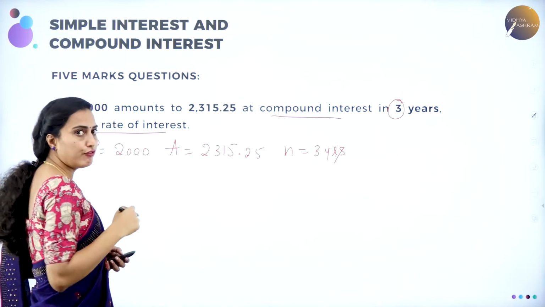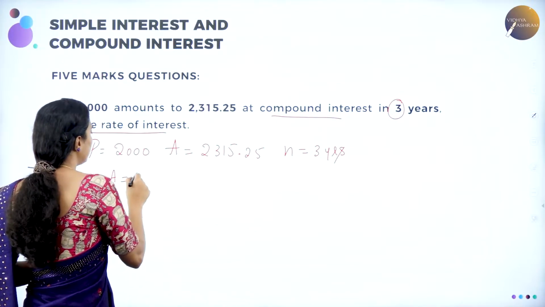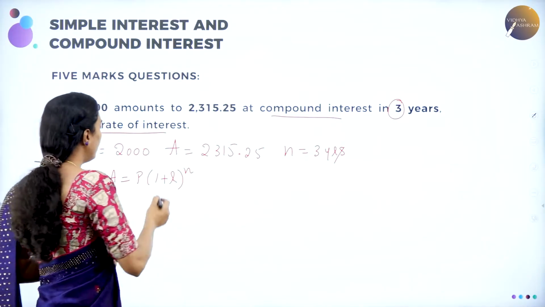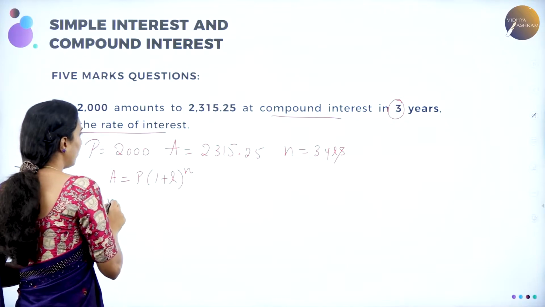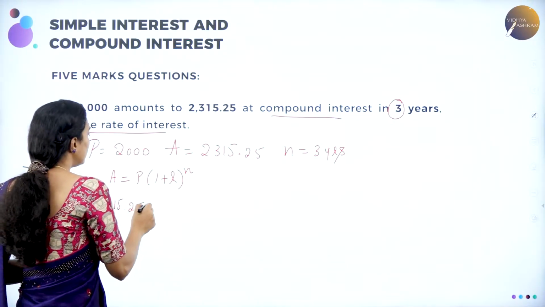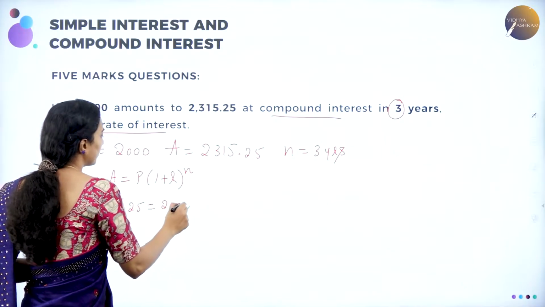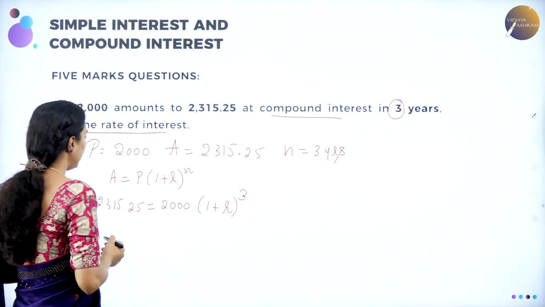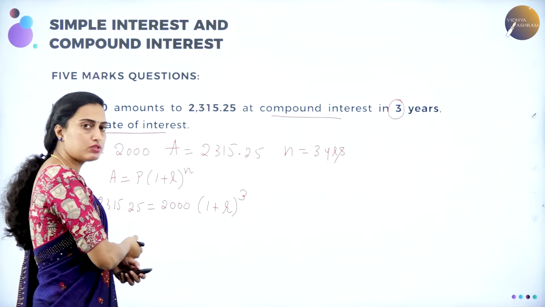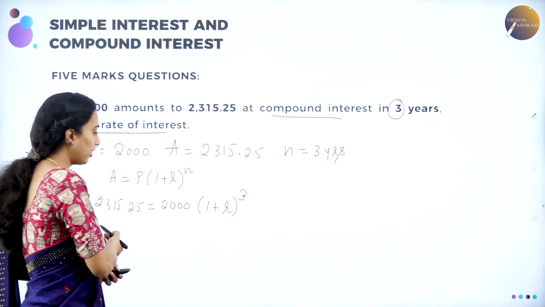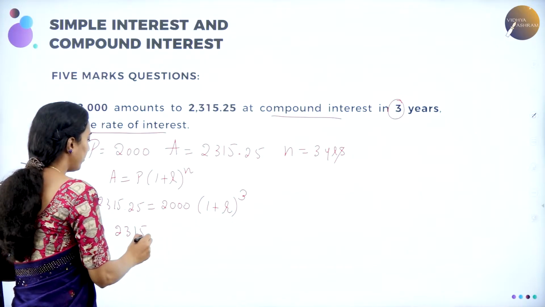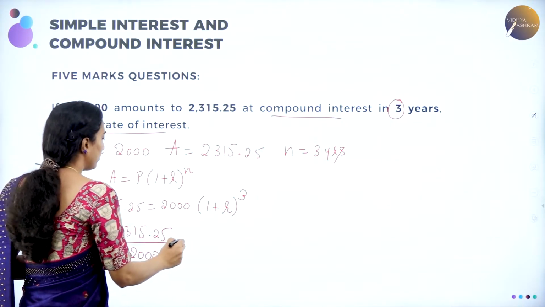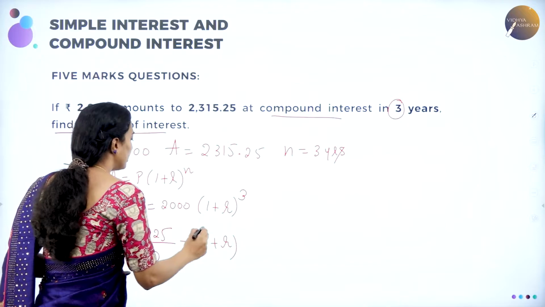Therefore, using the same formula, A will be equal to P into 1 plus r whole to the power of n. Now, you know already P is nothing but 2000, and A is 2315.25, which is equal to 2000 into 1 plus r, we don't know as it is. n is nothing but 3 years they have given. Now I am going to cross multiply 2000 to this side. It will become the denominator, you can write 2315.25 divided by 2000